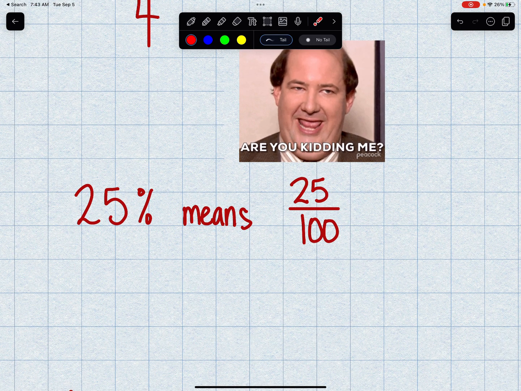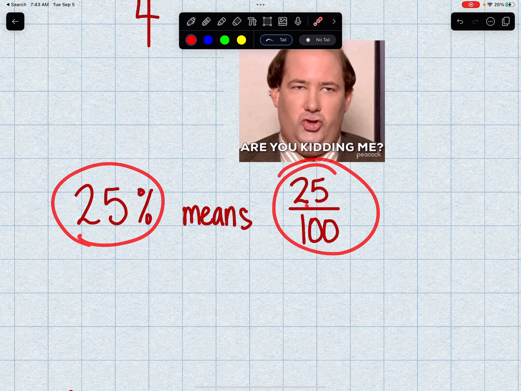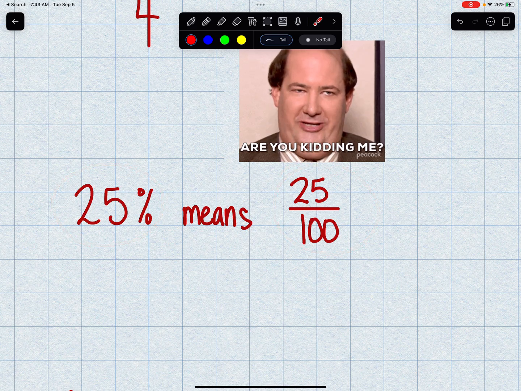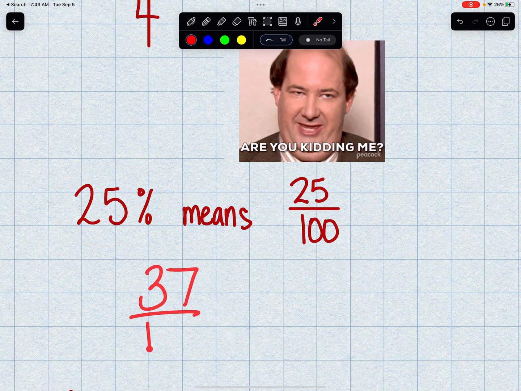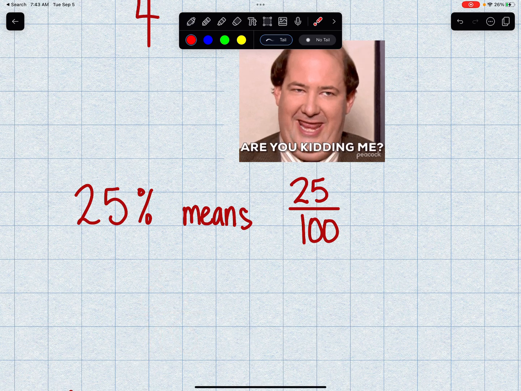You probably also know that percents, you pretend that the denominator is 100. Anytime there's a percent, 25% means 25 over 100. If you want to do 37%, that means 37 over 100 or anything like that. You always assume that there's 100 parts when you're talking about percents. Okay, now,